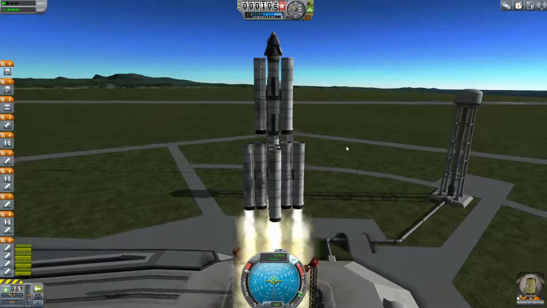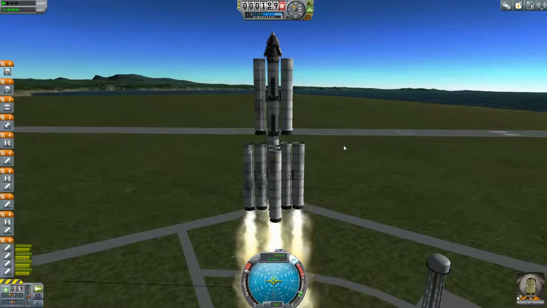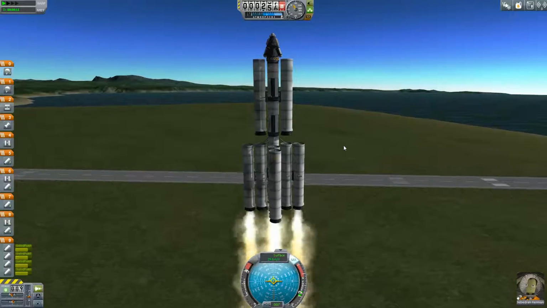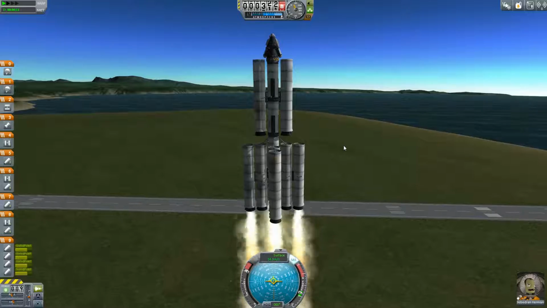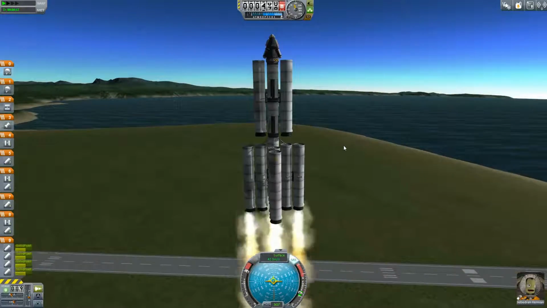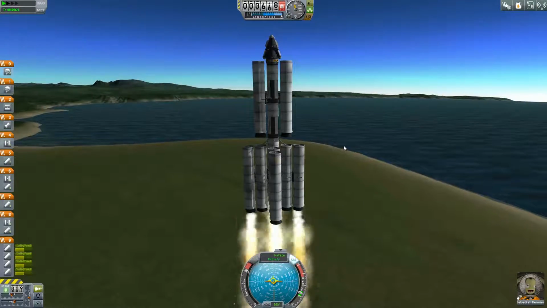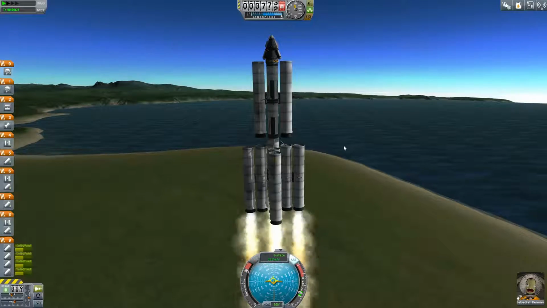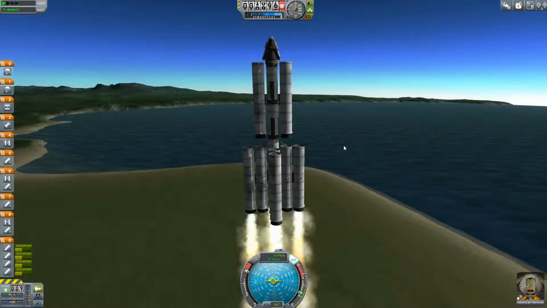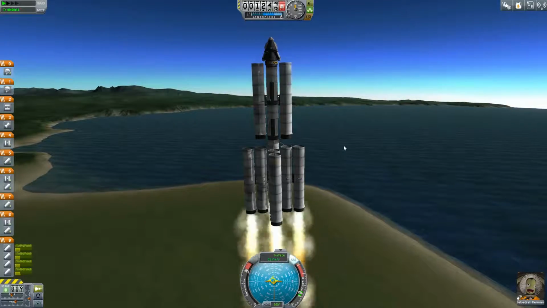Oh, it is really heavy. That is one heavy beast. It's stable so far. Right? It's slowly crawling upwards. Very, very heavy. We just don't have enough thrust versus fuel versus weight. It's just...